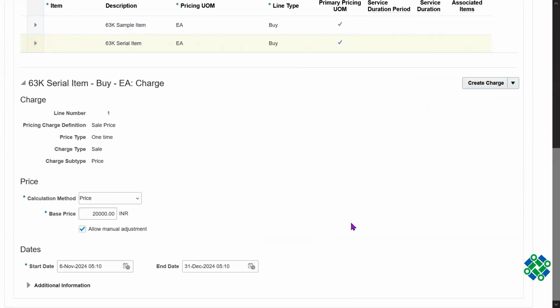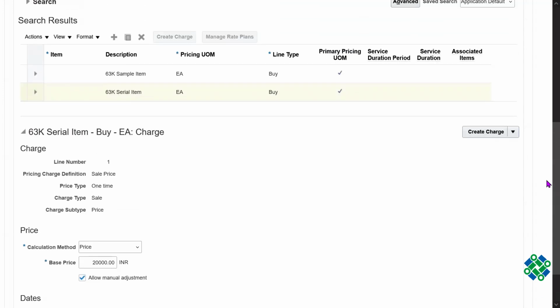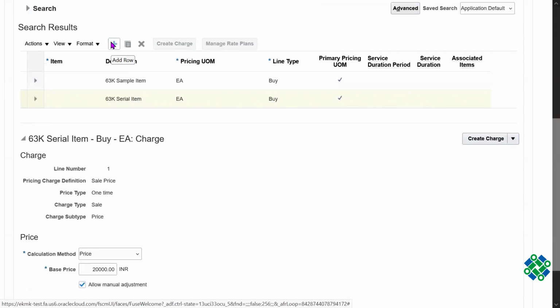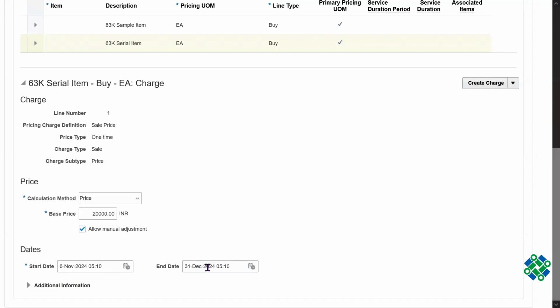What about next year? Next year, prices get revised, maybe 10% or 5% on the current selling price. We need to load the new prices also. So how to load the new price? If you want to do it manually, same process. You hit the plus button, enter the item, but this time the start date is going to be